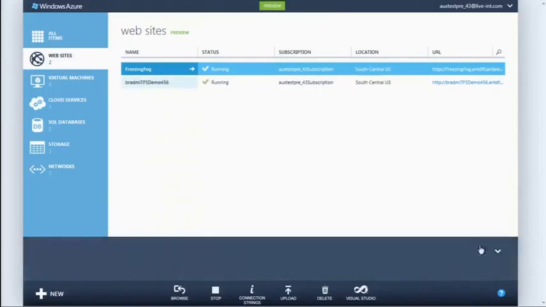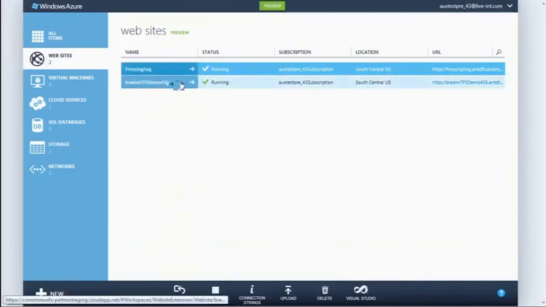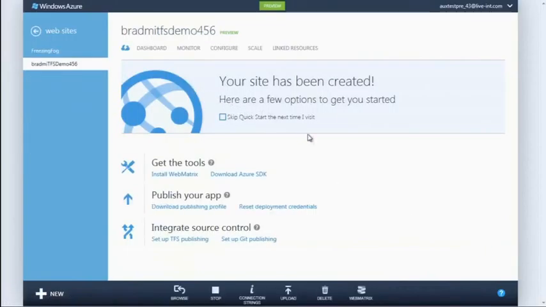And when it's done, I can drill into this website. One of the options that I have for publishing to my website is to integrate source control. And specifically, we want to integrate TFS publishing. When I click that,